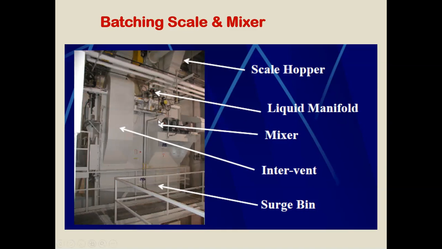This is the mixer portion of that plant, and the vent part acts as the reservoir, where dust particles and other things are collected. After mixing, the mixed feed ingredients come to